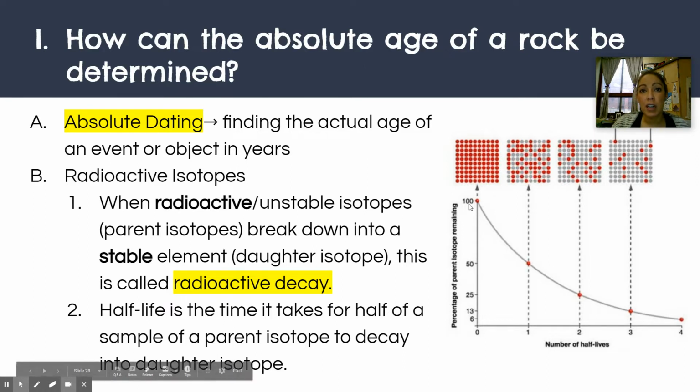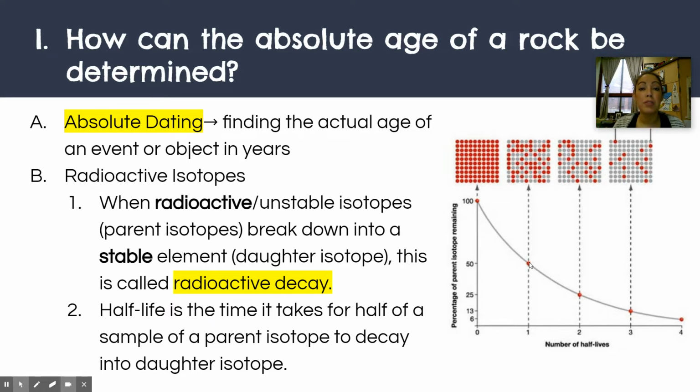So what we have here on this slide is a graph that models half-life. And up above, we have a little visual to show you what those percentages actually look like. So here, after 0 half-lives, 100% of my rock is radioactive. It's all unstable, all parent isotope. After 1 half-life, it has broken down from 100% radioactive to 50% radioactive. So 50% of my sample is still radioactive, unstable parent isotope,